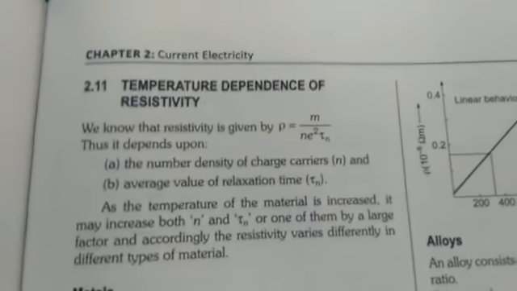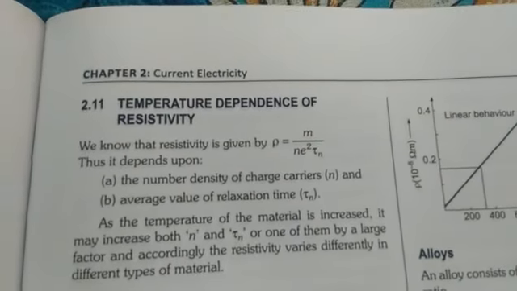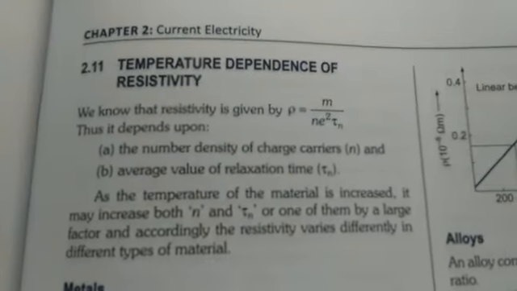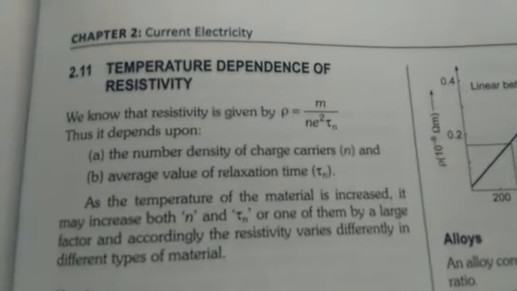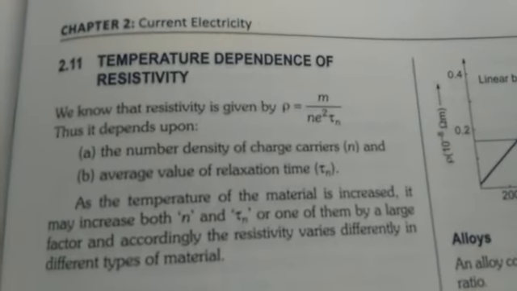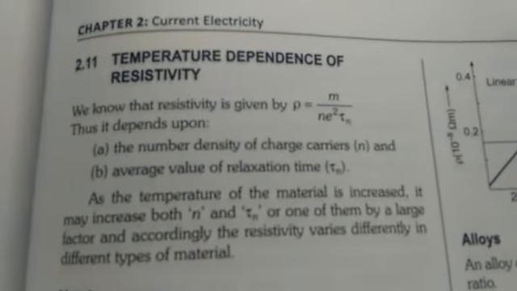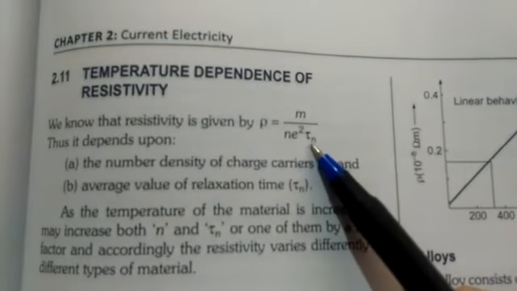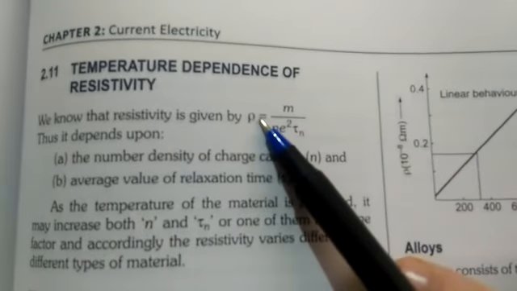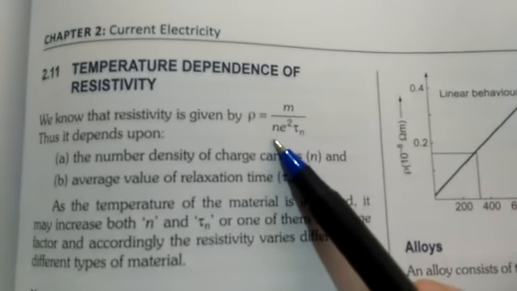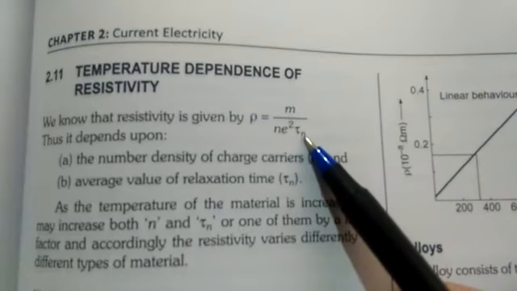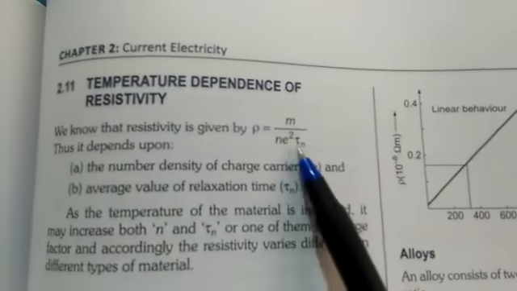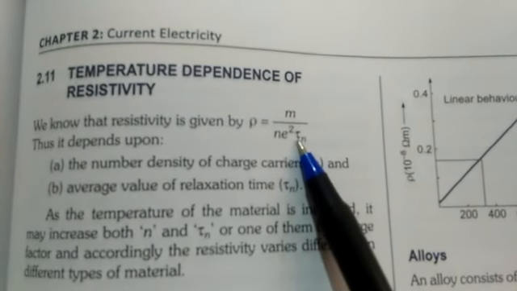Now in the next topic we will see how resistivity depends on temperature. From the previous topic, we have derived the formula for resistivity, that is rho equals m upon n e square tau n. From this formula, we can see that rho depends on the mass of the electron, number of electrons, charge of the electron and relaxation time. Rho depends on all these things, but when we increase the temperature of a conductor,